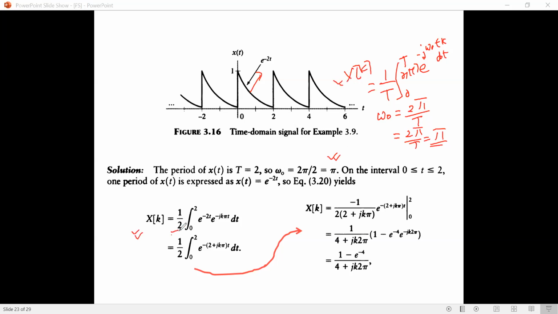T equal to 2, integration from 0 to 2. This is your signal, and this is your exponential term, e to the power minus j omega 0 k t. Then anybody can evaluate that integral. The value of this integral is this. And you can easily see that